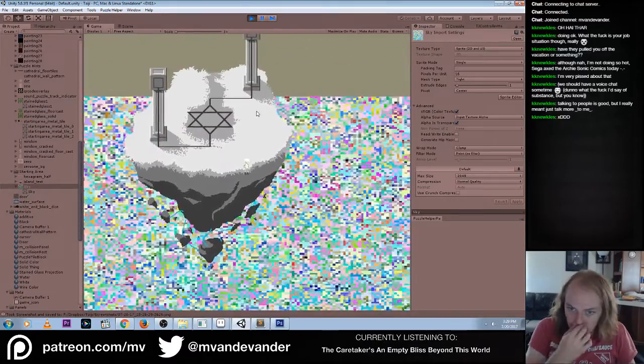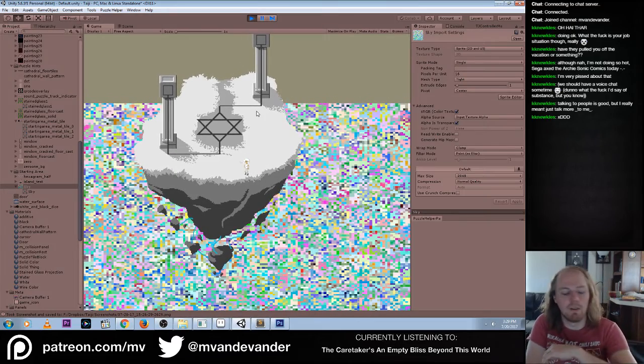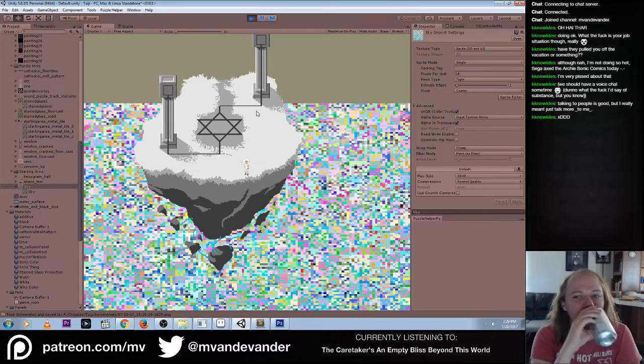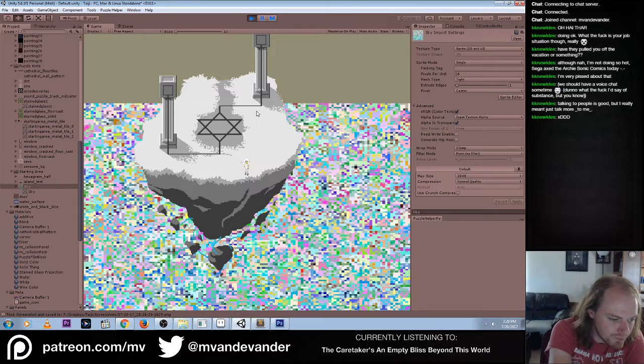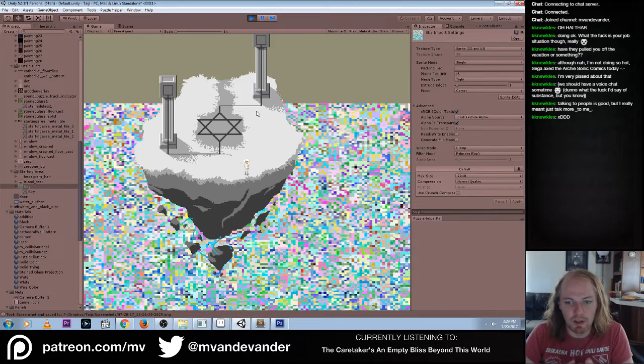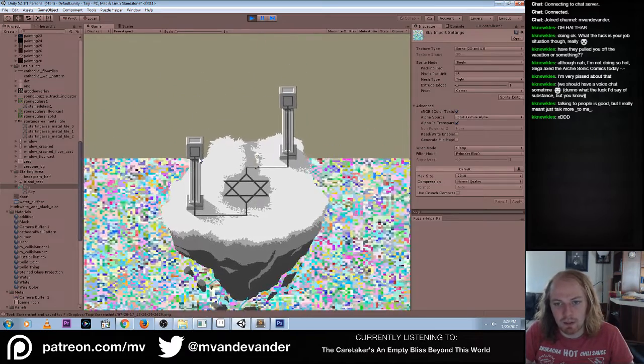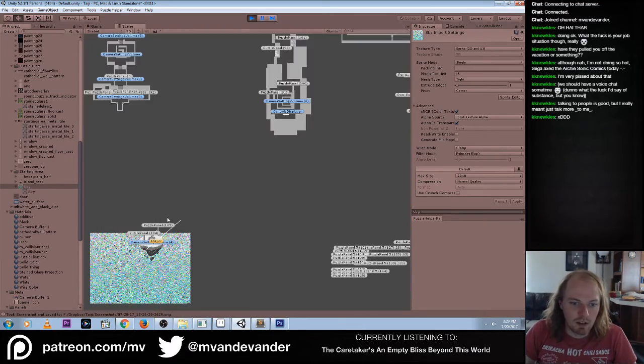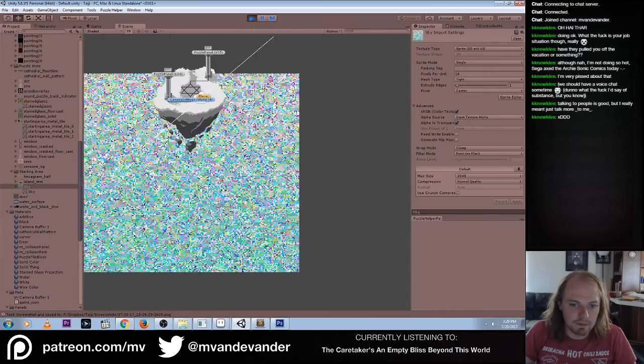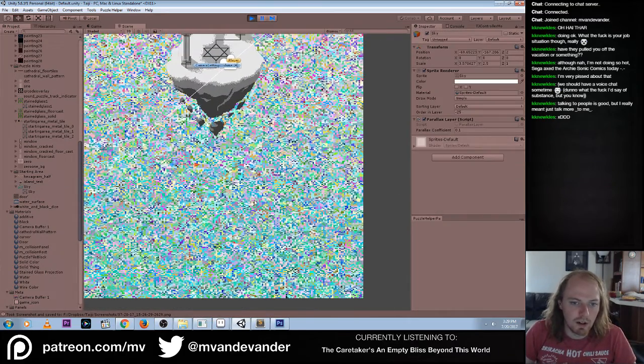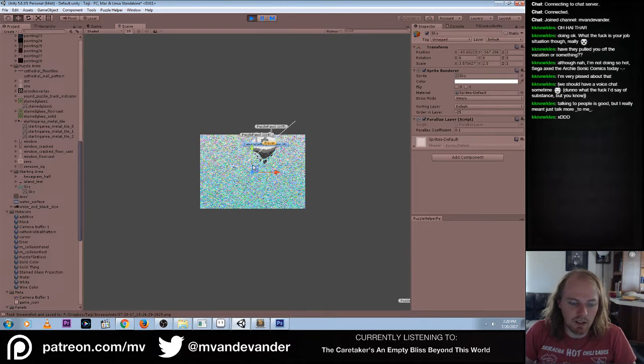Anyway, I really don't know a way to make that work. Now there's two ways I could do it. One, I could rewrite my pixel art shader to just be on every single individual thing. Or two, I can set it up where there's a multi-pass thing in the scene where this gets rendered out as a separate layer